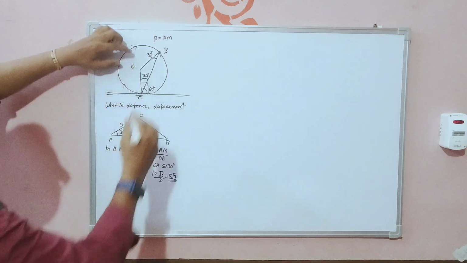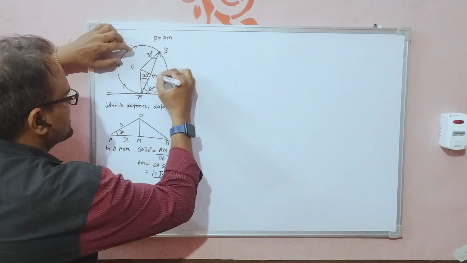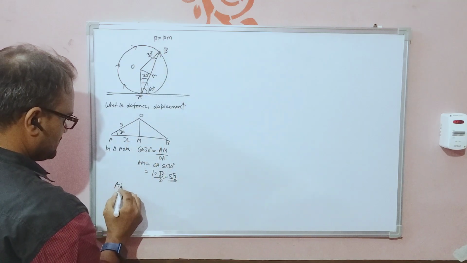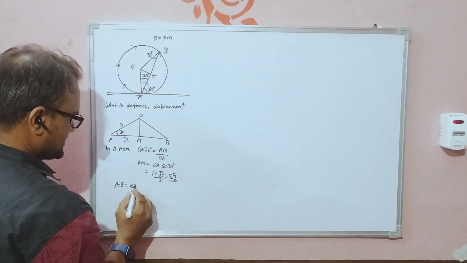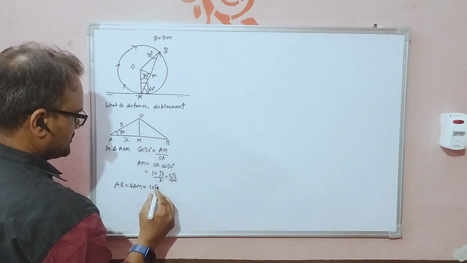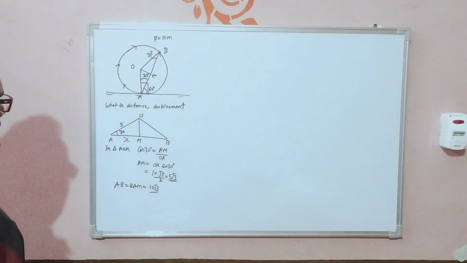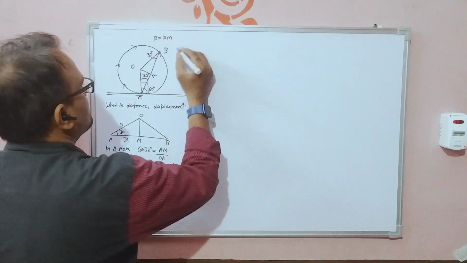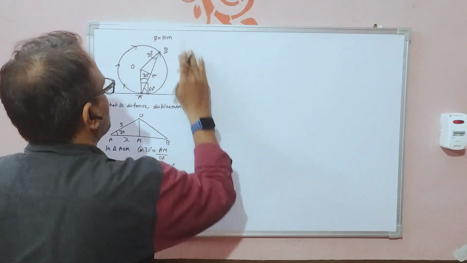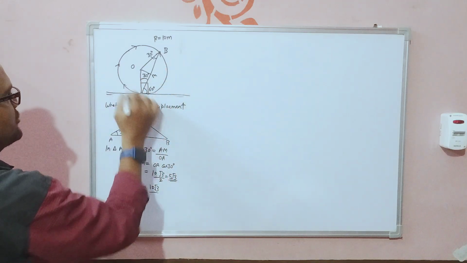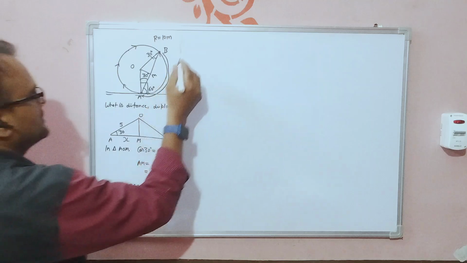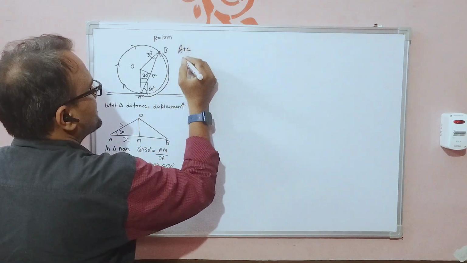AM is this distance, right? Now AB is twice AM. So I can say AB is equal to 10 root 3, right? Now let's calculate the distance. For the distance from A to B, I need to calculate the length of this arc. So this arc length is equal to,